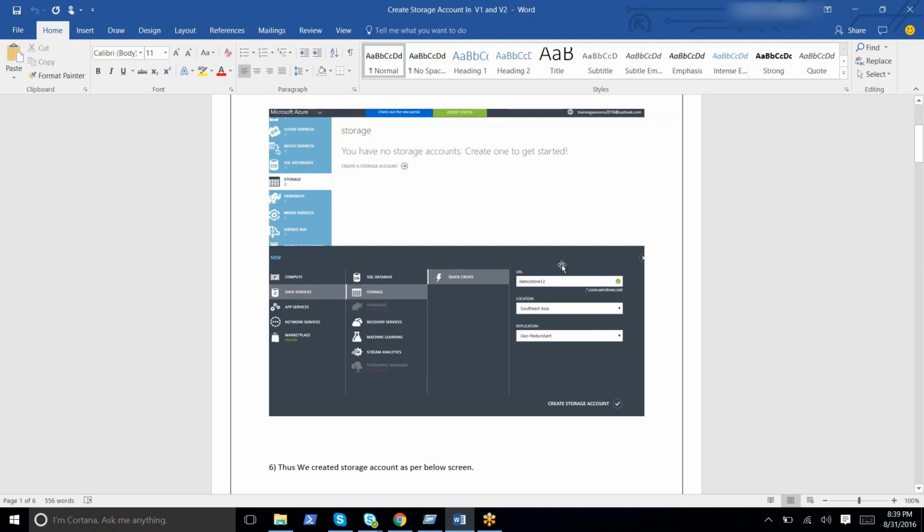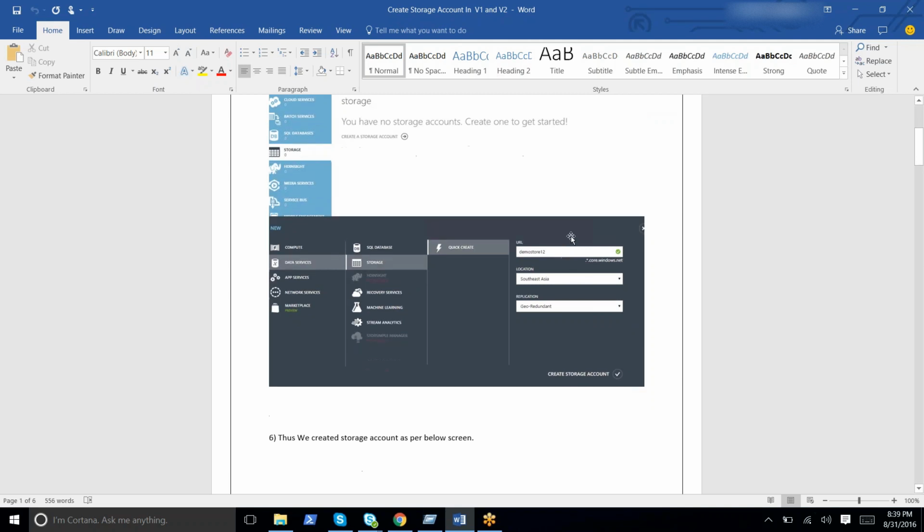Here I have given demostore12, which will check for the availability, and if the name is available, it will show up a tick mark. And one more thing you should observe is that the extension of a storage account is .core.windows.net. Once you choose the name of the storage account, we go to the next step, which is